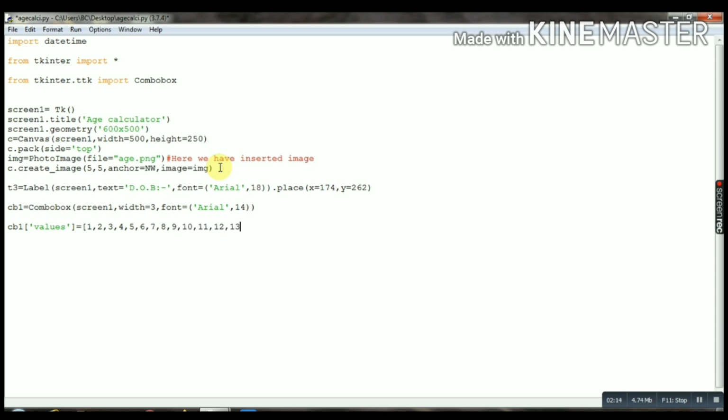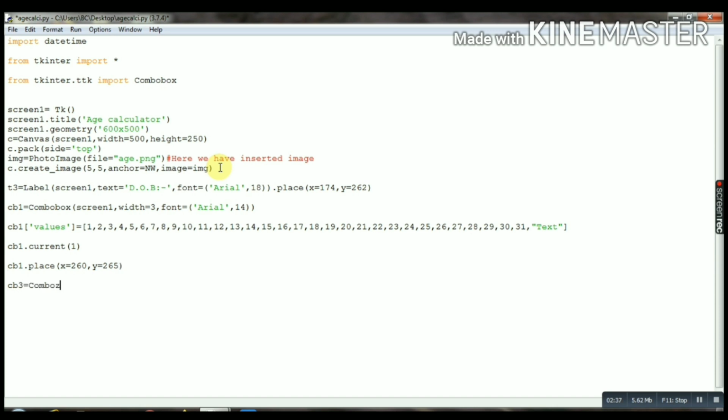In the first we will take the input date, up to 31, and finally the text that the user wants. Now we will place it at x equals 260 and y equals 265.